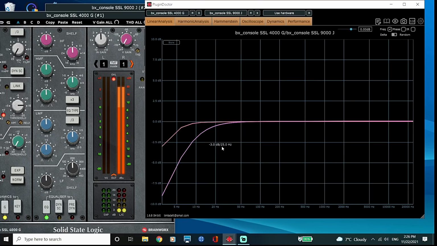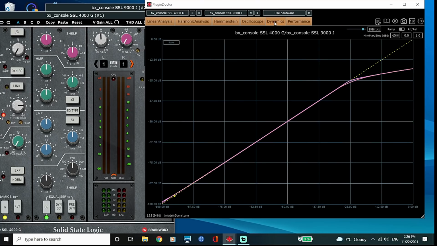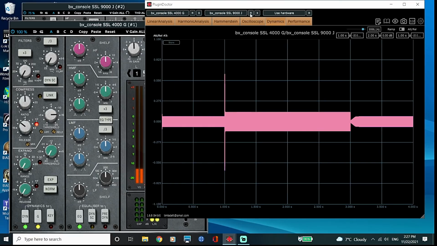Now, what I'm going to do is show you the BX consoles. So this is the BX Console 9000J, and I've got the, is it the 4000E? I can't remember. It's the E and the J anyway. So as you can see, in the exact same compressor settings, the ramp doesn't match, and also the attack and release don't match either.